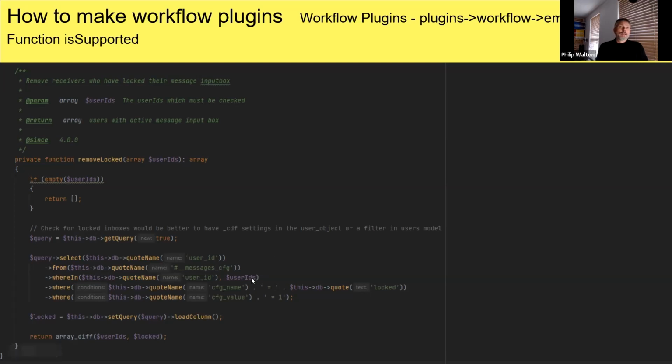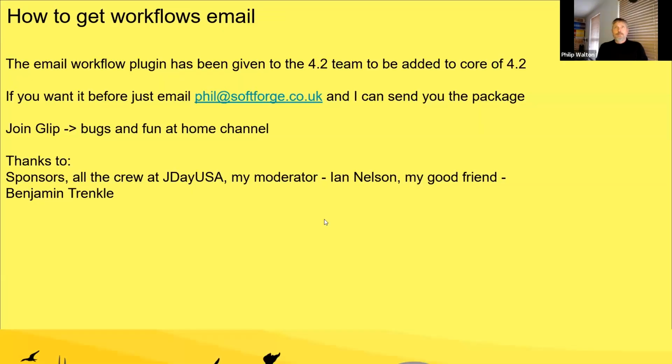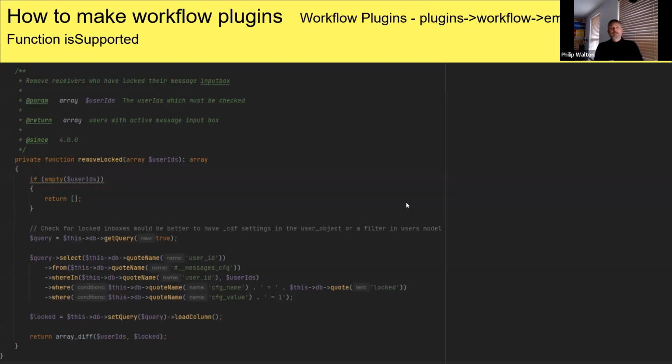Will be better settings. Yeah, there's quite a lot of things I'd like to change. I mean, this is very basic. There's quite a lot of things that I'd like to change in it going forward, or others to improve it. So one of the thoughts that came to mind is this is sending out emails to everybody, and you can have the notification plugin on as well. You can switch the notification plugin off, so it doesn't do notifications. And of course, you can set these to categories, so you can have different workflows doing different things.